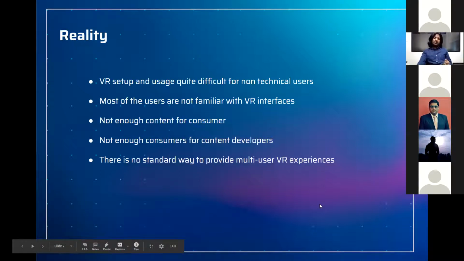The other thing is there is no standard way to provide multi-user experiences. Unlike a website, when you go to any new website, you already know how to browse it. You know where the home page is, where the contact page is, where to look for the chat box, where to look for video and so on, because you are so familiar with websites. But in VR, it's a completely different way. In VR, you're surrounded by a 3D world, and there are no buttons to click. There are some buttons, but you can move around in the world, and you have to find the buttons and the navigation. There are a few more complications to actually use VR as an end user.